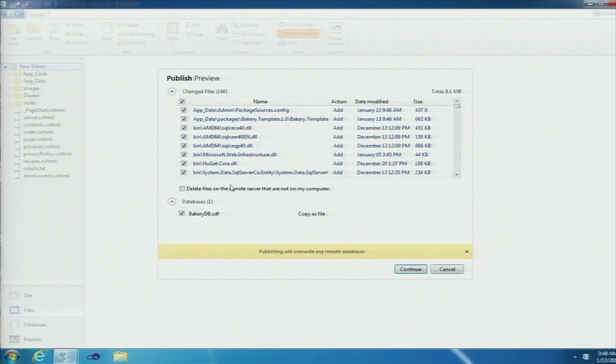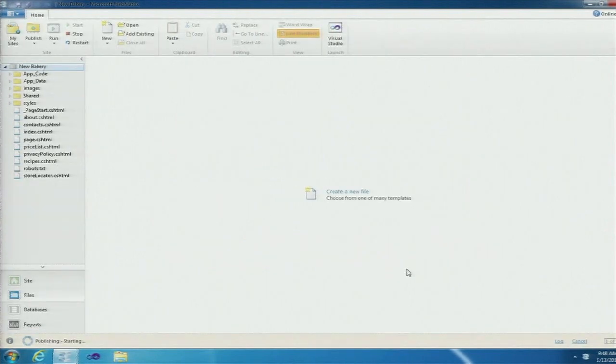You notice we have a list of all the files plus the SDF, portable database file, and we're going to go ahead and publish. Now, we're using WebDeploy, a technology to publish the website here, and it's really cool for two reasons. The first is it's very fast because it uses one stream to publish all of the files instead of using a new connection each time for each file like FTP. The other great thing that it does is it checks to see if there are any newer versions on the client compared to the server. So it only updates the files that you've changed. So you won't be uploading unnecessary files.